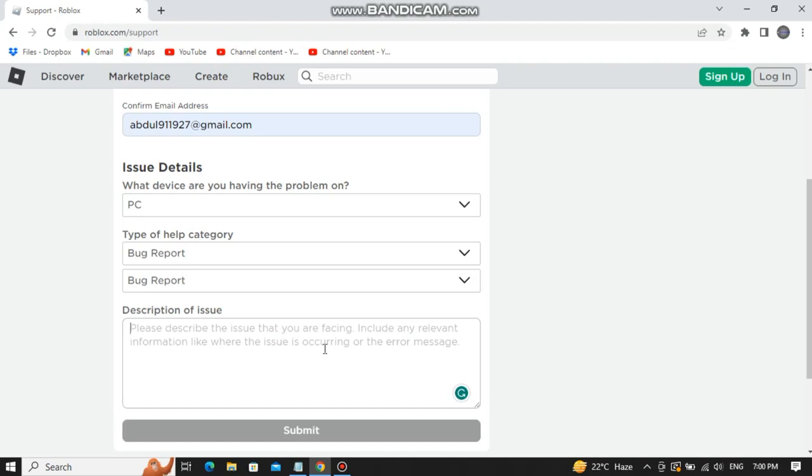You have to provide all the details why you deleted your Roblox account and why you want to recover it now. Once you have done that, all you have to do is to click on the submit option, and after you click on submit, within the next 24 hours, your deleted Roblox account will be